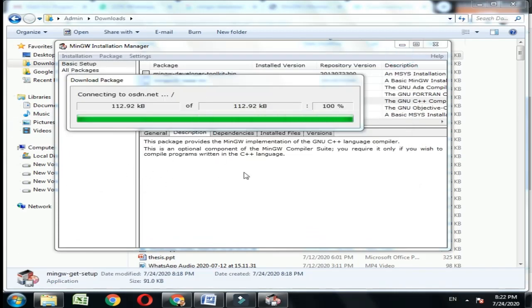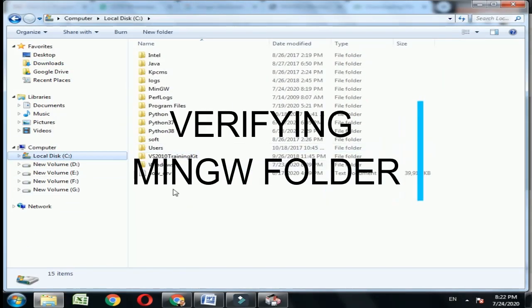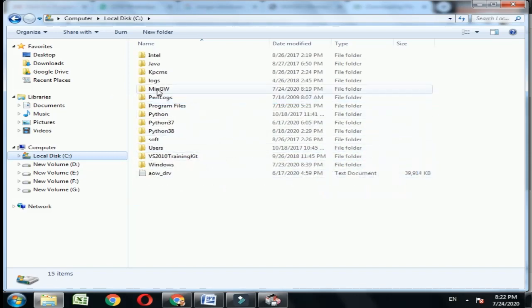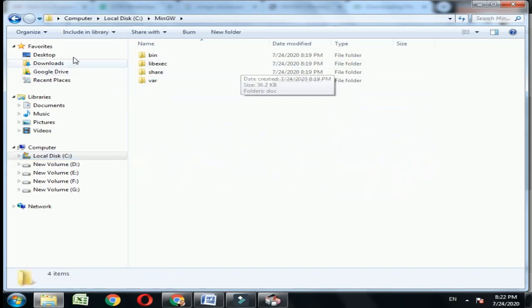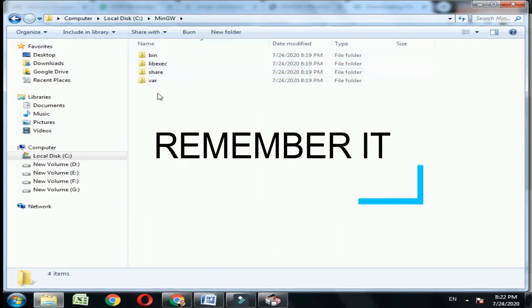While it is installing everything, you can just go to our C drive and see whether the MinGW folder is there or not. So the MinGW folder is there inside our C drive, and there are a few folders like bin, lib, libexec, share and var.